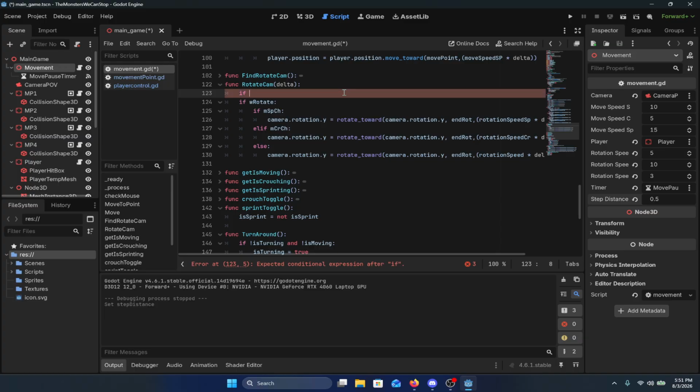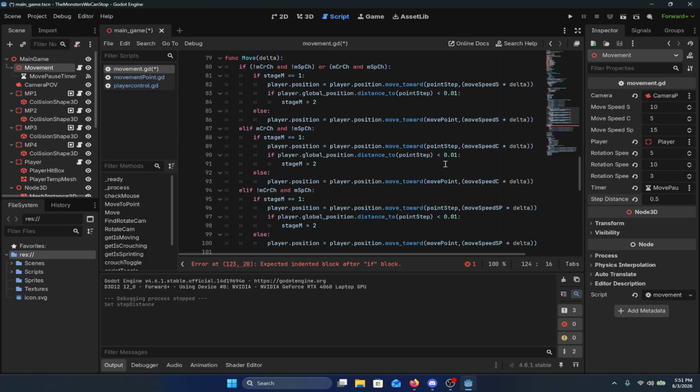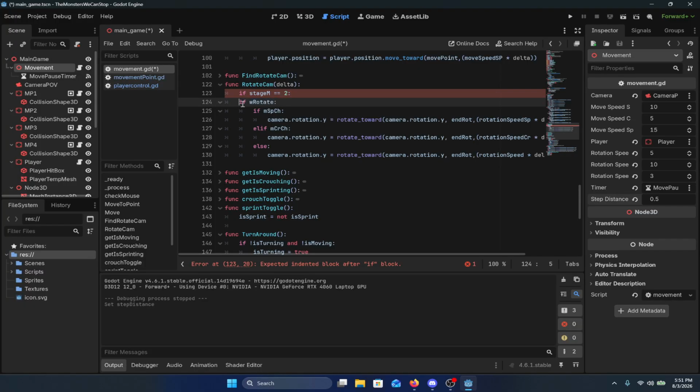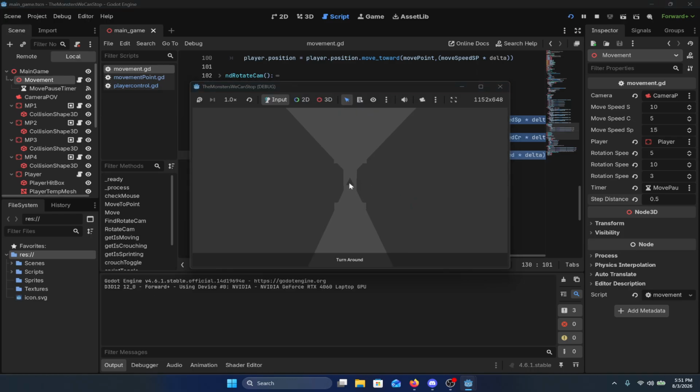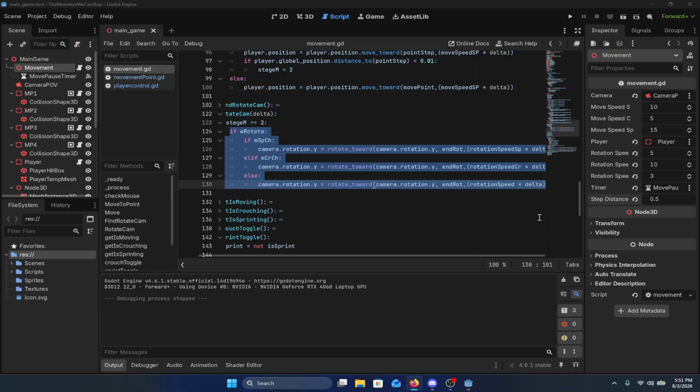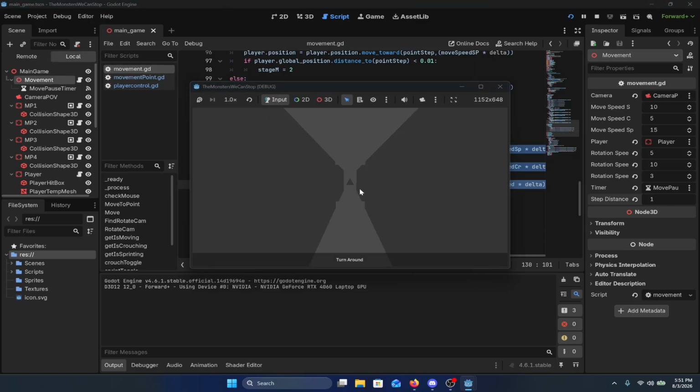If stage M is equal to 1, is equal to 2, then you actually rotate. So what this will do is, I mean, it won't work immediately, but you move forward and then rotate. If I set this to 1, it should be